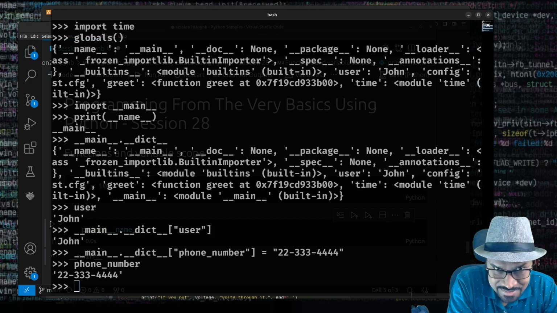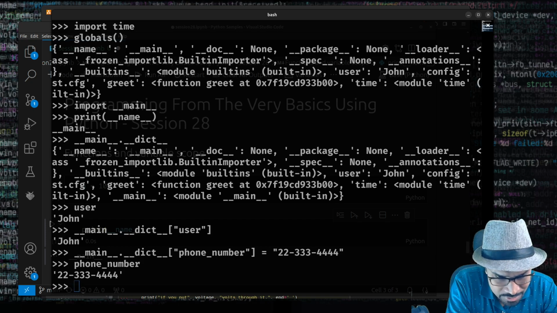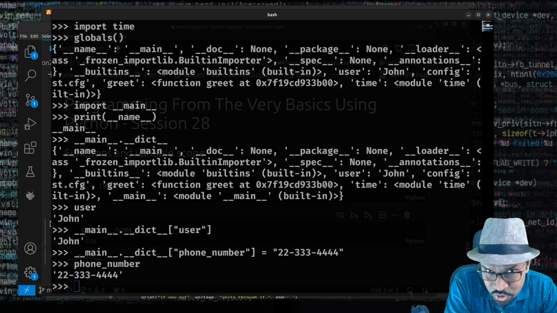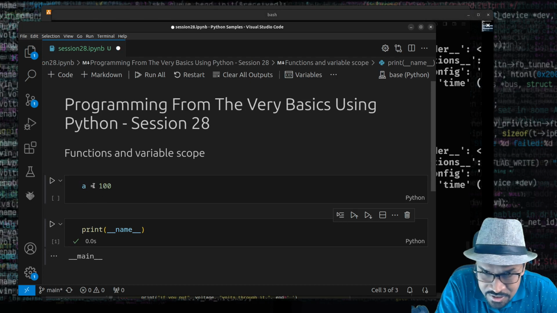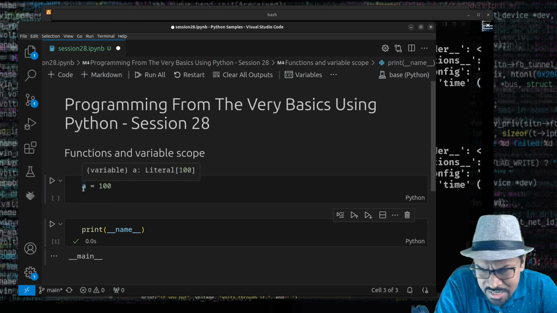There are 4 levels, but for now, I'm just going to focus on the global and the local scope and show you some differences. Then I'll introduce you to the other scopes and how they matter. Now, let's go ahead with creating a function here. So this is a global variable, and this time, instead of doing this